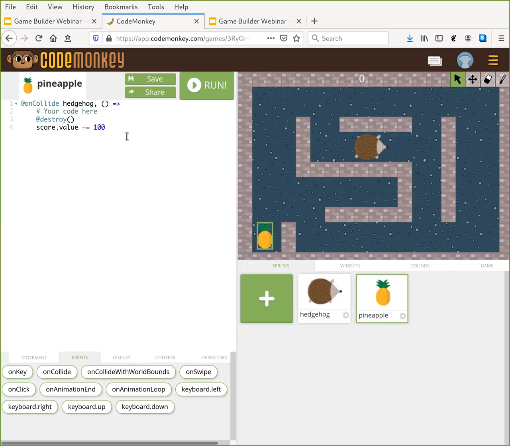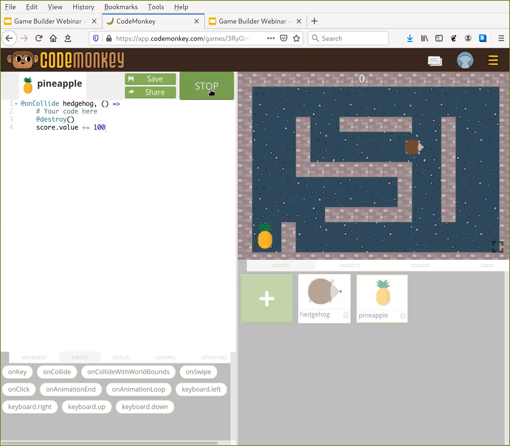So it'll take it from 0 to 100, but if we add more pineapples, each one will add 100 more. So that's all the code we need there. We can just run it and keep your eye on the score when I pick up the pineapple this time.